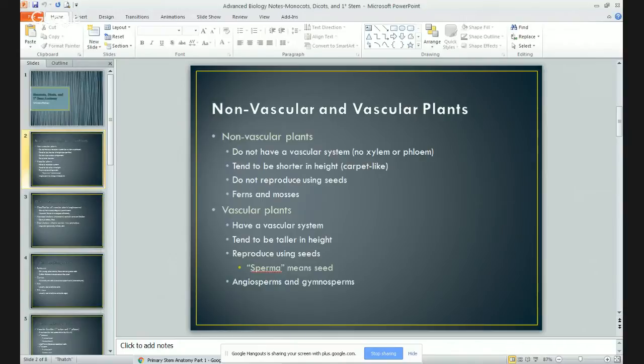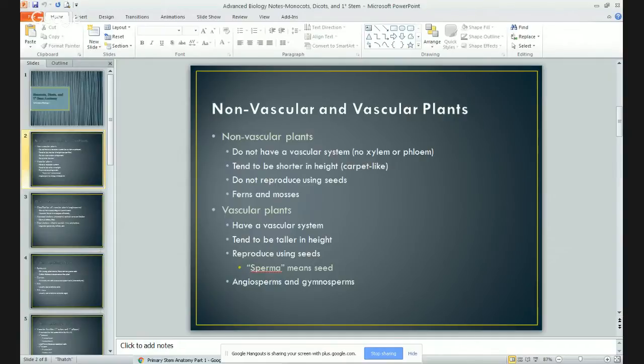Because they have a vascular system, they're able to be a little bit taller or much taller. You're going to have a lot of variety in these plants, way more so than your non-vascular plants. They are going to reproduce with seeds,